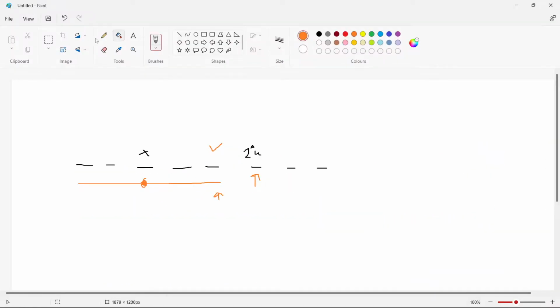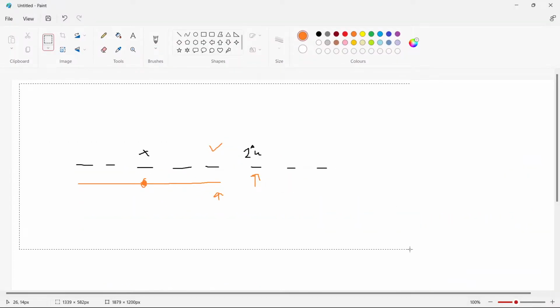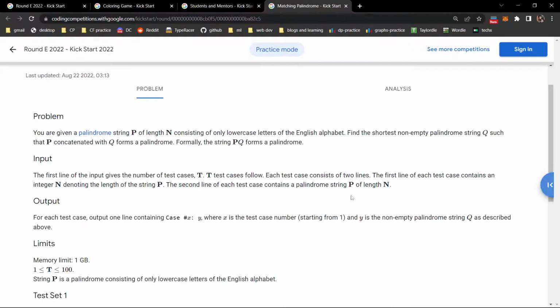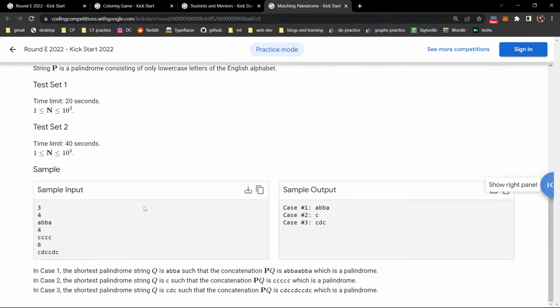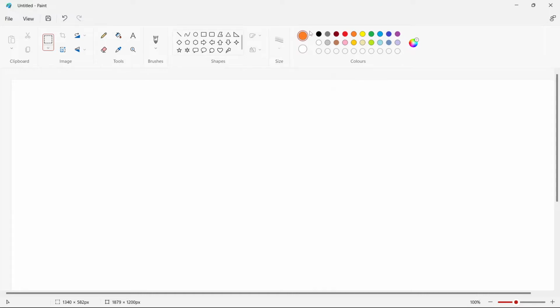Problem C was a good problem actually. What the problem says is, we are given a palindromic string P of length n, and we need to find the shortest non-empty palindromic string Q, such that when P is concatenated with Q, PQ is also a palindrome. So what does this say? Suppose we have